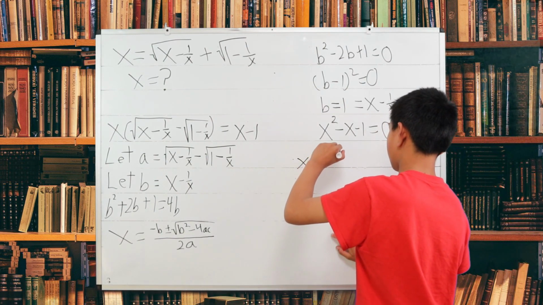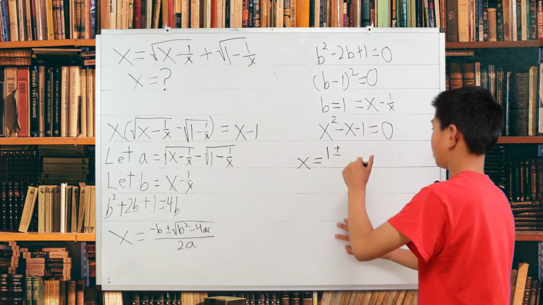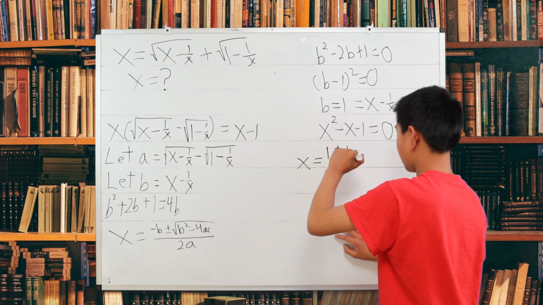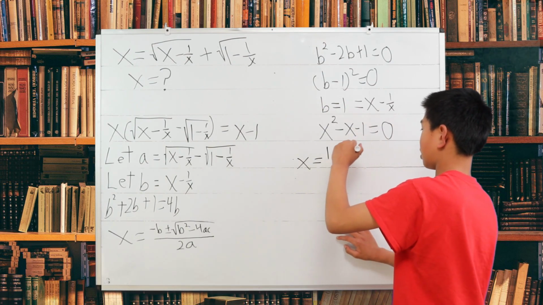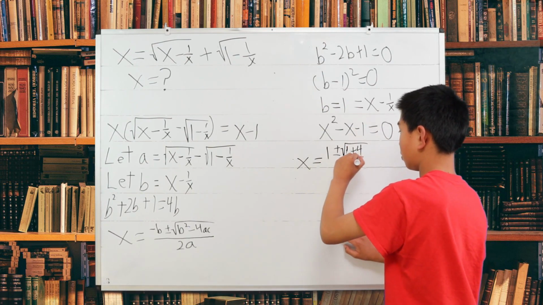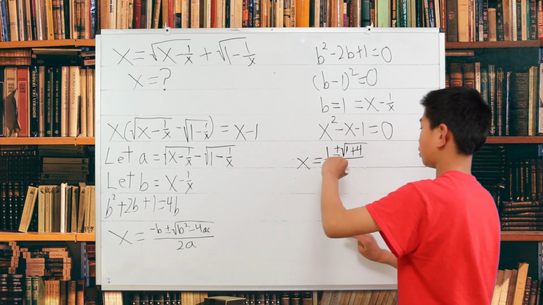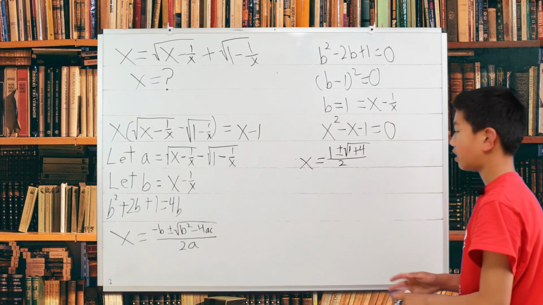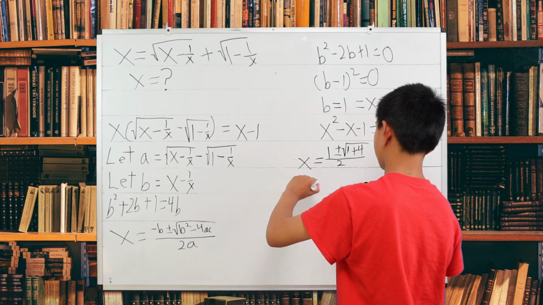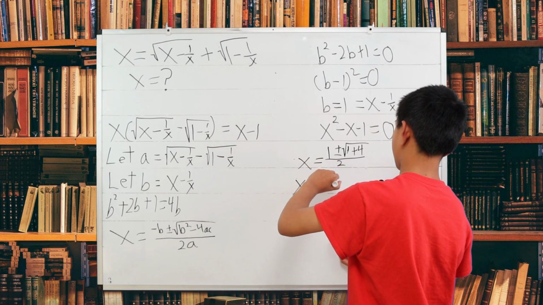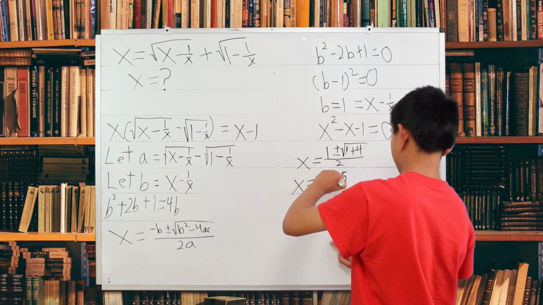So positive 1 plus or minus the square root of negative 1 squared, or 1, plus 4, since there's a negative there, square root, over 2a, or 2. So now we can rewrite it as x is equal to 1 plus or minus the square root of 5